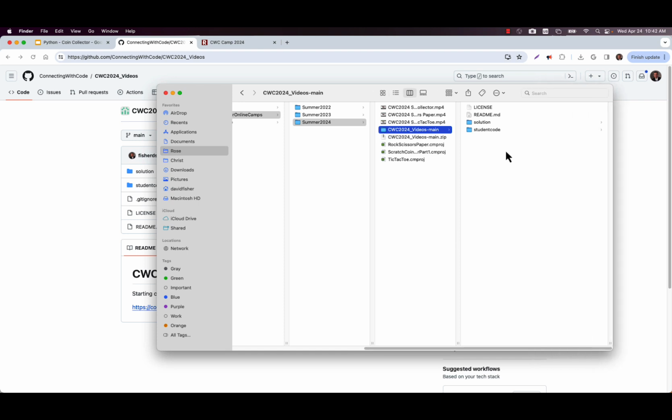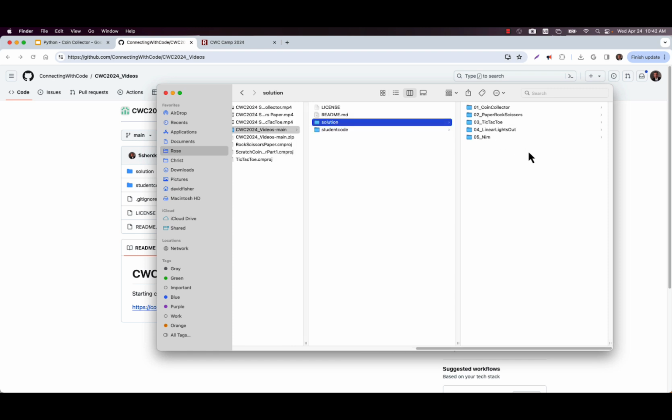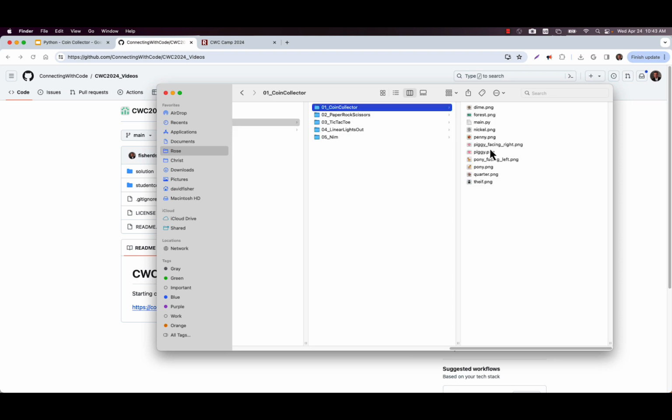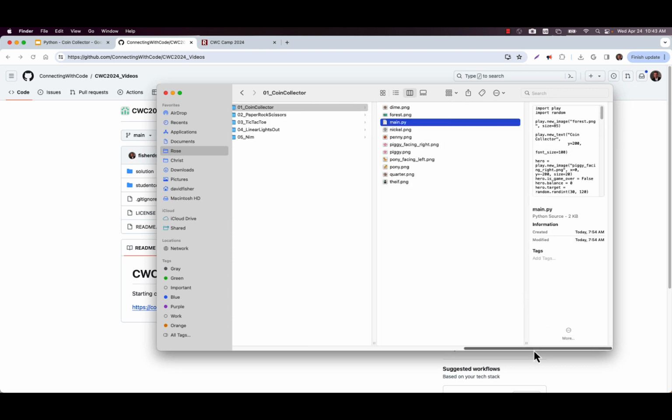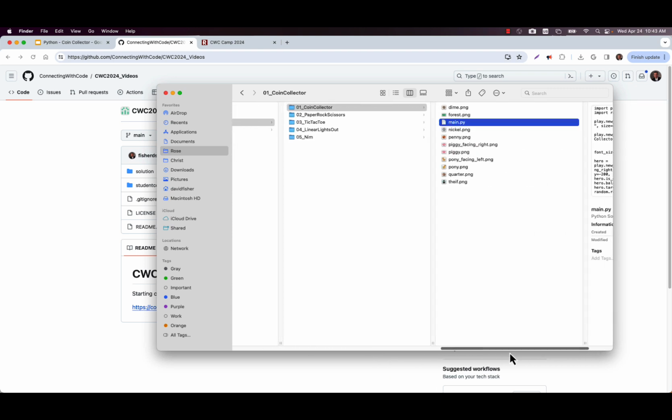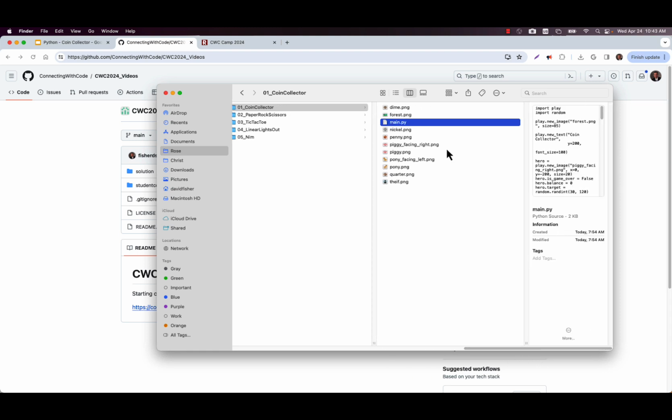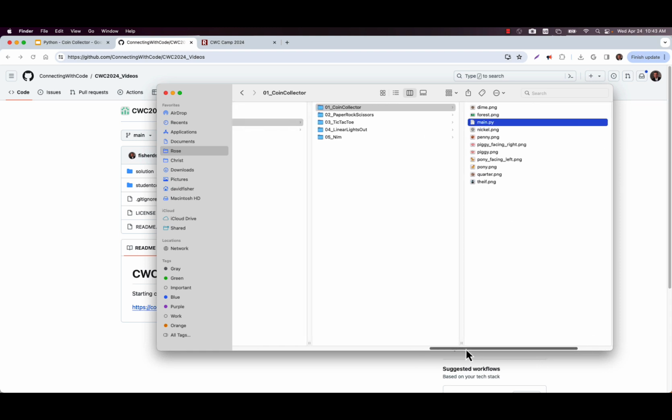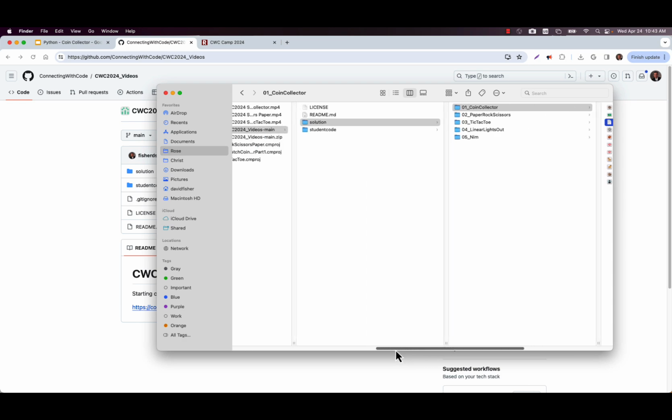The files that you should see just in Windows Explorer have all the solutions in here, so all 5 solutions are in here, and then the starting code for all 5 as well. So even if we don't do the later ones, you can go look at the solutions in there. All right, so that's great. It's on your computer. I mean, this solution is a .py file, main.py. If I could run that file, I would see the game on my computer, which is kind of neat. You can see there's a ton of images in here as well. Is thief misspelled there? That's okay.